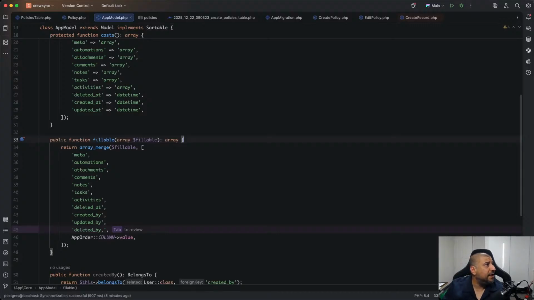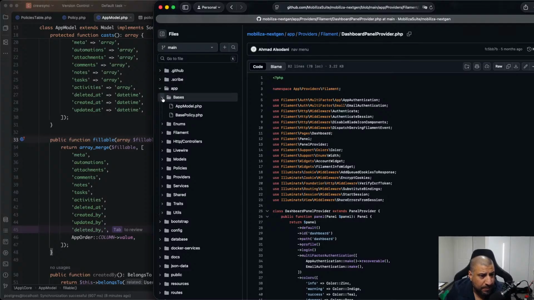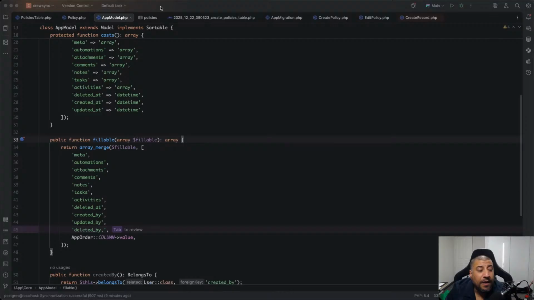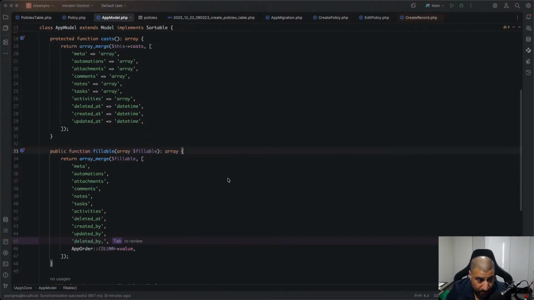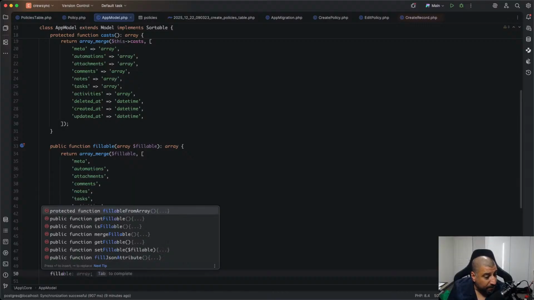Let me see if I can find one of my old reliable code, which I have here. Which I don't have fillables, obviously, because I was doing guarded. Okay, so this is not good. So fillable,